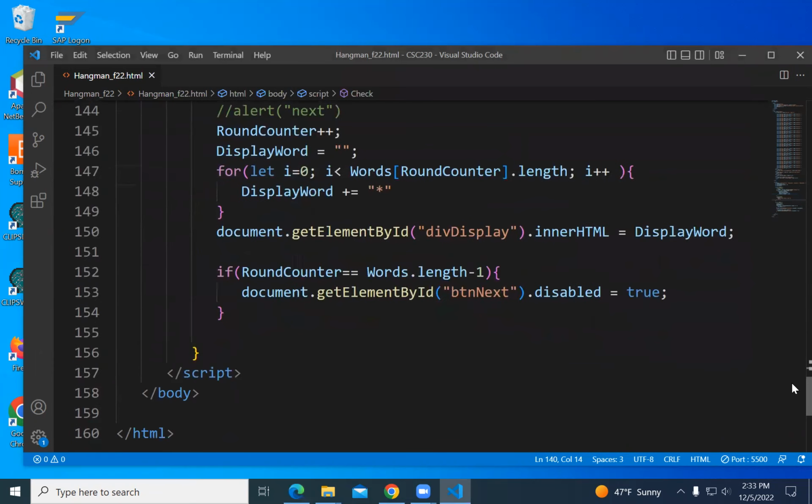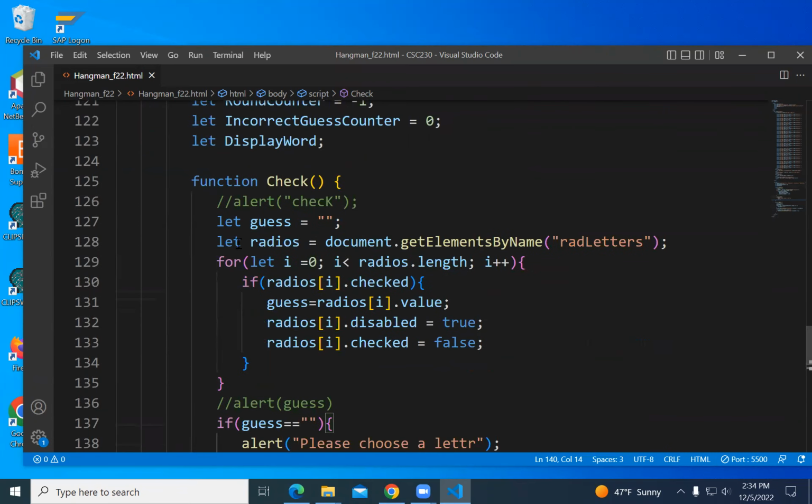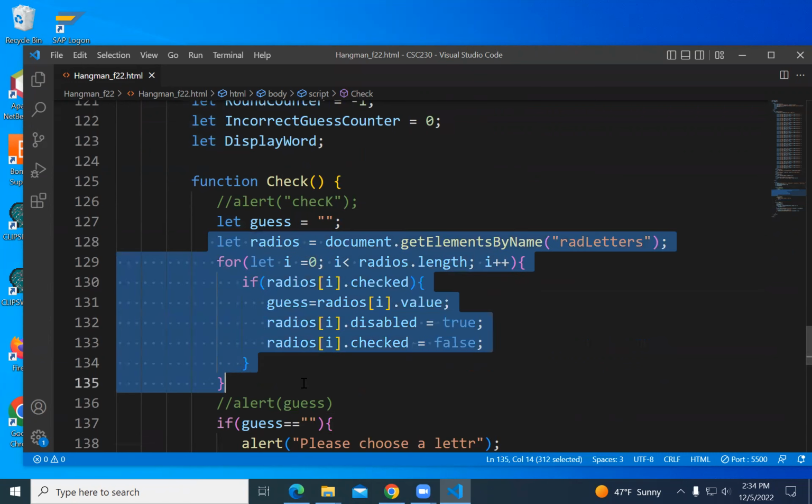So jumping back down to next, we're going to loop over the radio buttons and make sure they're all checked. Disabled equals, we'll uncheck them and we will enable them. So those are both the words and aren't really the right words. Okay, so let's grab our loop over radio buttons.